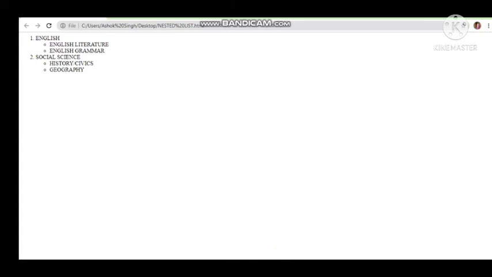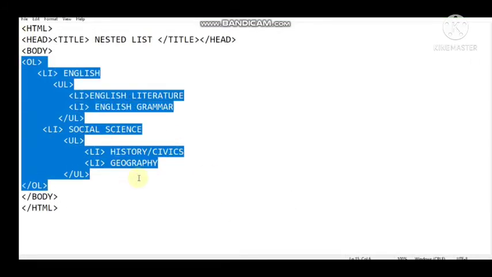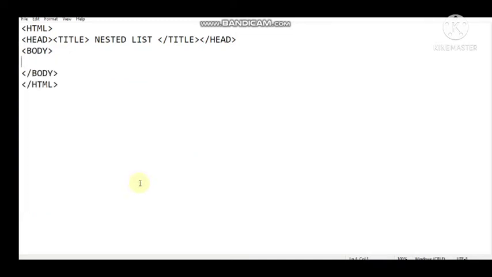For that, definition list means, let me show that part also. If I erase this part, like I want to write computer, and in the next line I am going to write about it. It is an electronic device, something like this. Then I'm going to write about hardware, and in the next line I'll start writing about it, all physical components, like this.